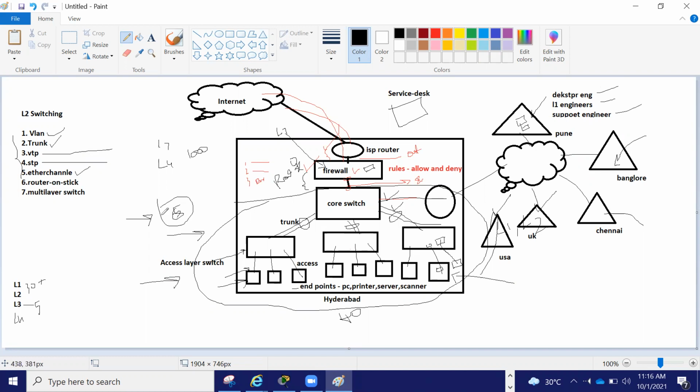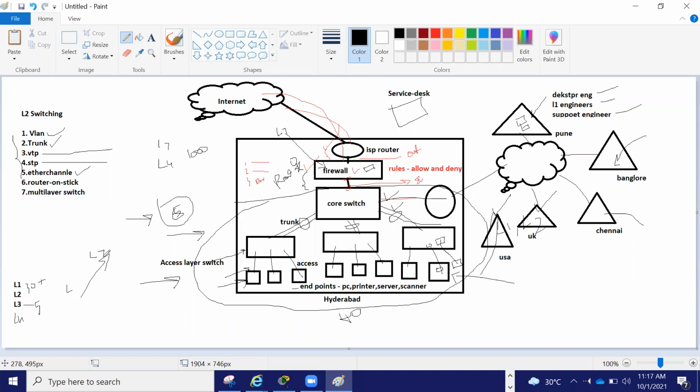So now we are going a little bit advanced. What I'm saying is, if today you don't understand the firewall, nothing will happen. Because at least we are giving you a track, a path, that you need to go from L1 to L7.